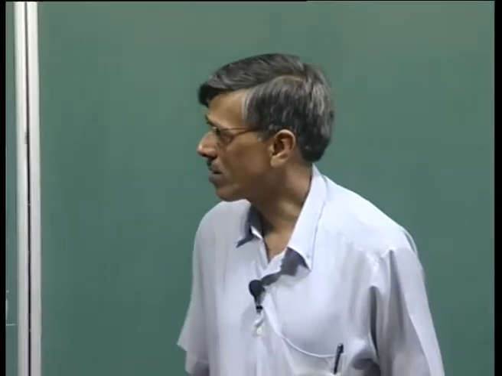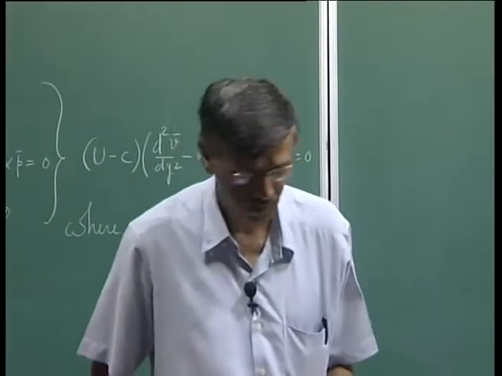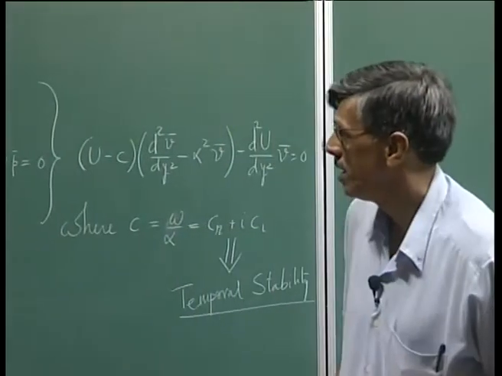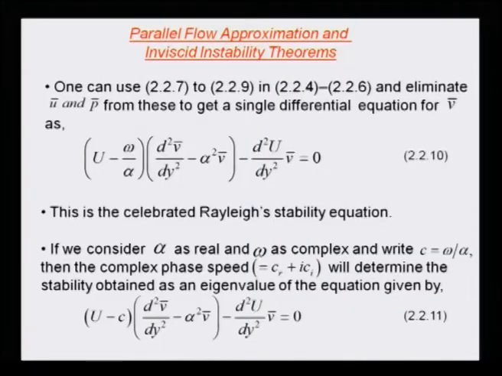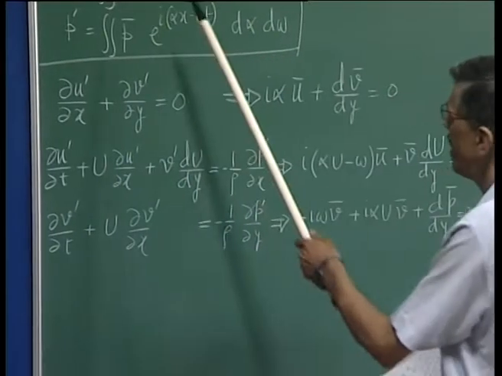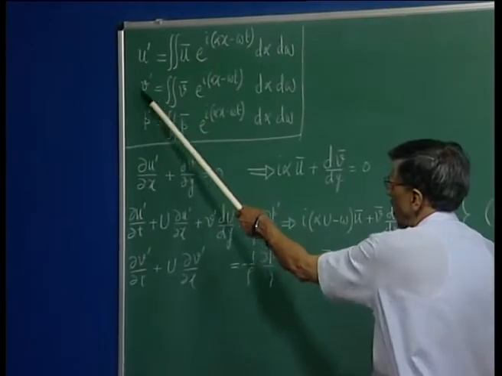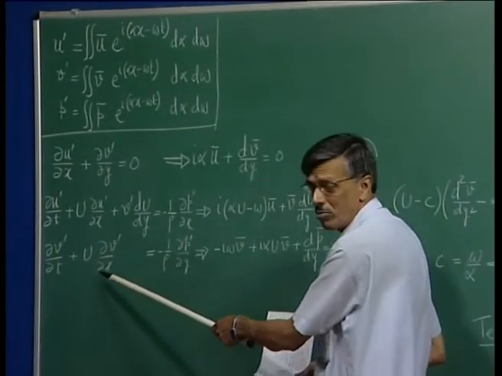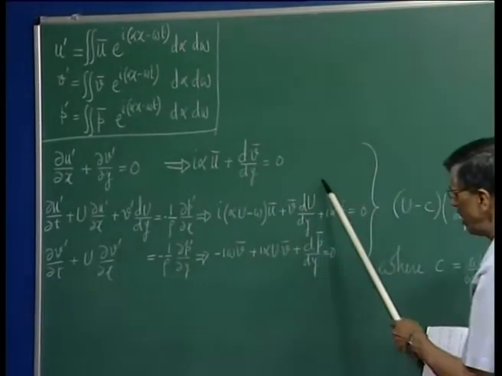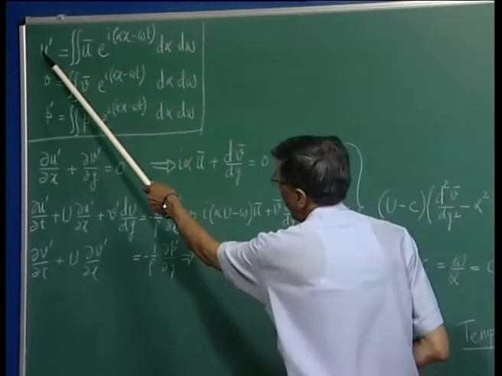Okay, so in the last class we discussed the instability of parallel flows, considering that the disturbance quantities are governed by the inviscid equation, and we derived equation 10 on the board there. This was derived by defining the velocity component and the pressure in terms of a Fourier-Laplace transform and plugging them into the disturbance equation that was derived, and that gave us this equation for the amplitude of all these disturbance quantities,